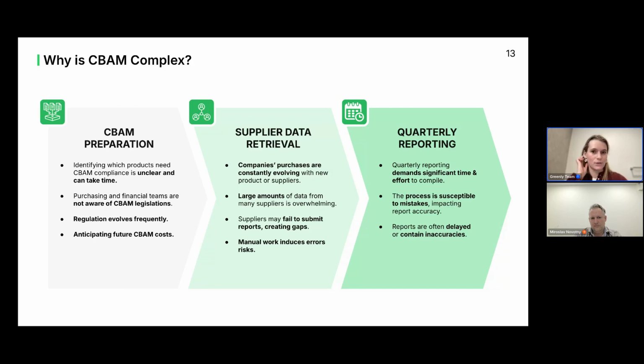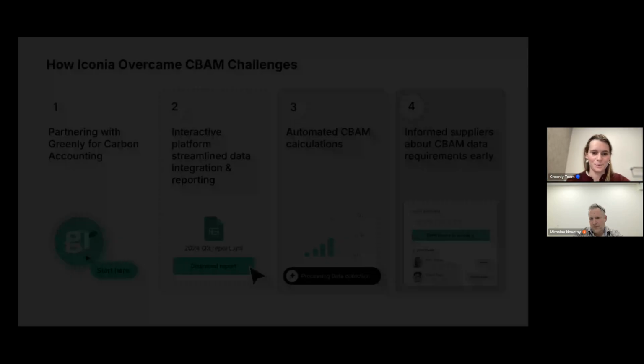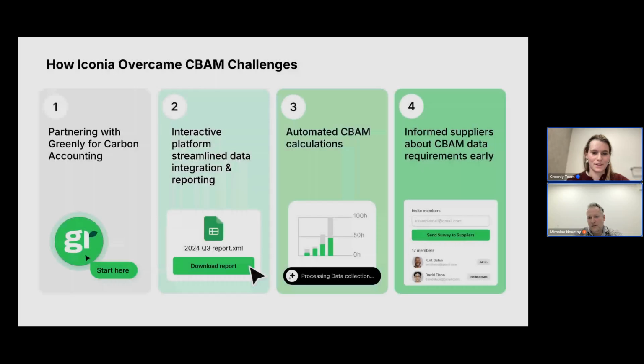And here, so this is kind of the complexity that I've seen, but I really want Miroslav to give us an idea of what those challenges really look like in real context. So after the first week with our CBAM calculation sheet, we are thinking, okay, there must be something better. There must be something more easy to handle.